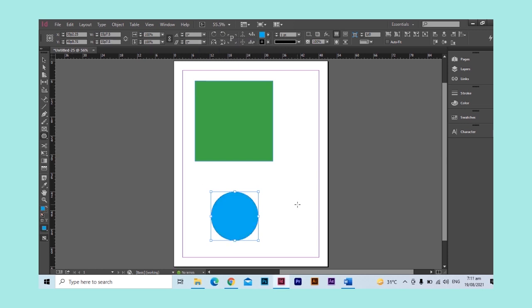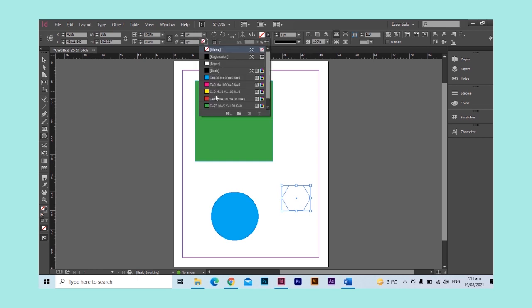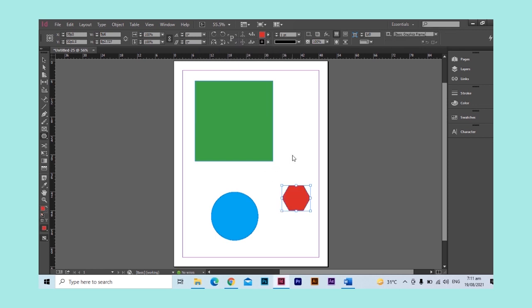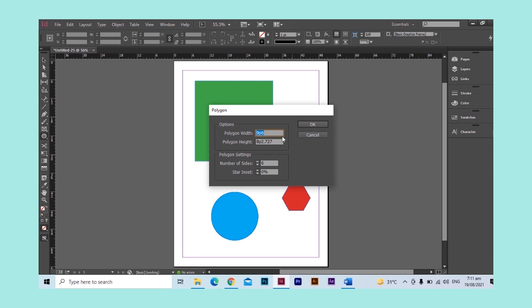The next tool is the polygon tool. So here it is, filling the polygon with red color. So it's very simple.